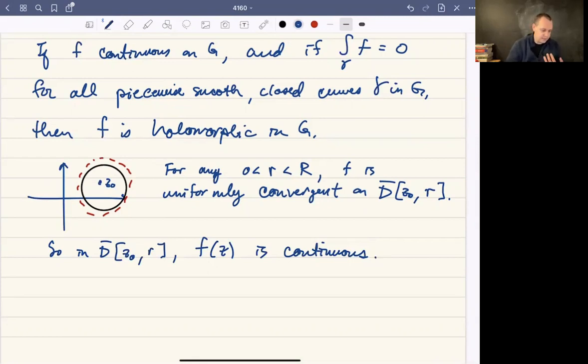So that's continuity. The other thing we're also going to use this uniform convergence on, and this was on what I called the third part of that same proposition. Okay, so here the idea is that if you have uniform convergence, then the integral and a sum can interchange, and in particular the integral over a closed piecewise smooth path in G is 0. So this is something that we also talked about actually in the same theorem. So we're just using these different parts of the theorem over and over. So also by uniform convergence,